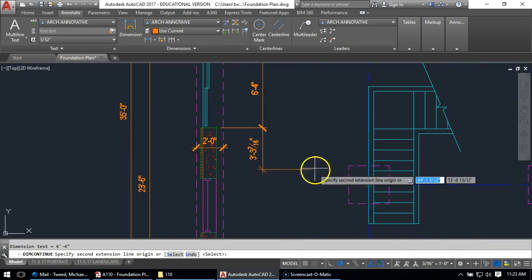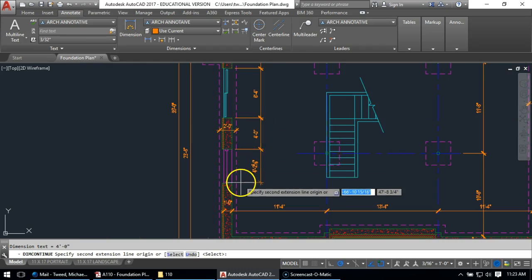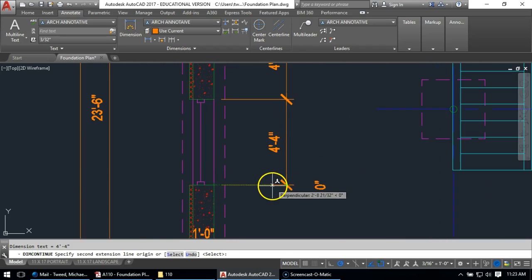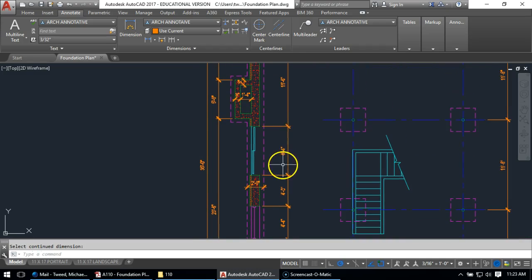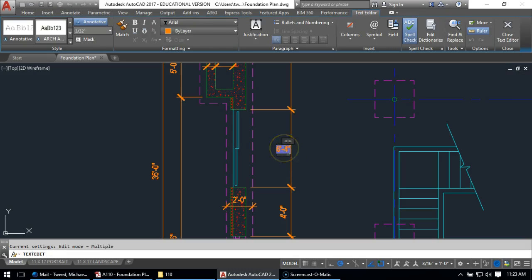Make this a continuous. And I'm going to keep going for a second. We notice that that dimension isn't fully illustrated, nor is that one, and that's because dimensions will just give you the number. But again, if I want to change the text, I'll just double click on this. I'm going to push the arrow over to get to the end and type in rough